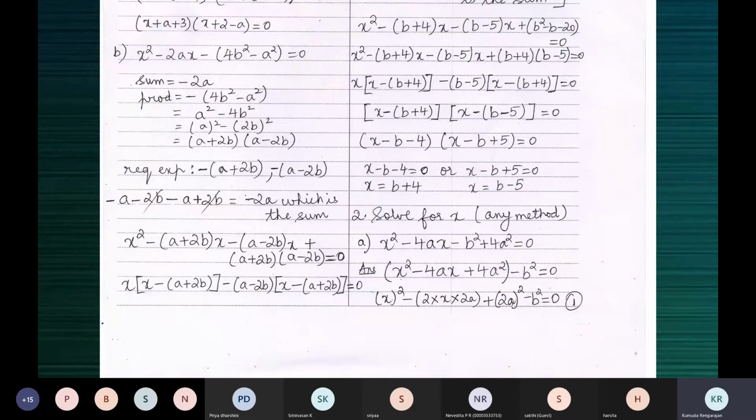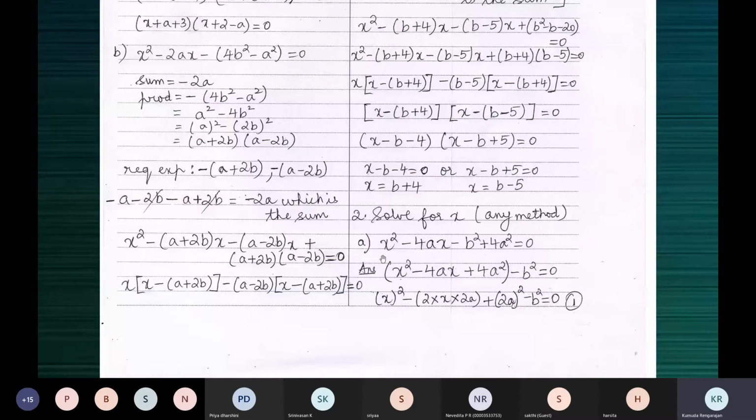All right. See the next one. The heading is solve for x any method. When the heading is just solve for x and the method is not specified, earlier it was solve or factorize by splitting the middle term. We had to solve for x by splitting the middle term. That's what we've been seeing so far. So here it is just solve for x, so you're free to use your method. So what you can do is,